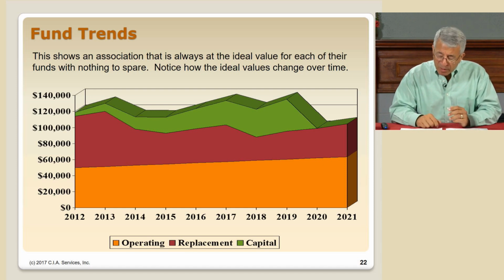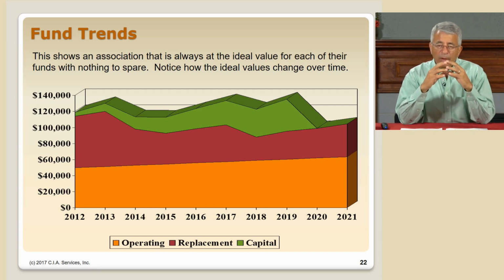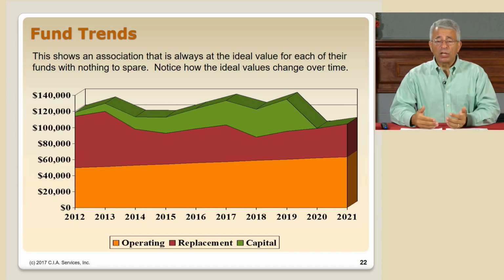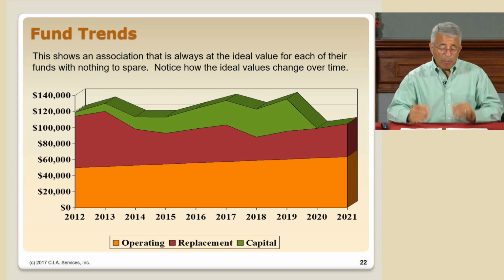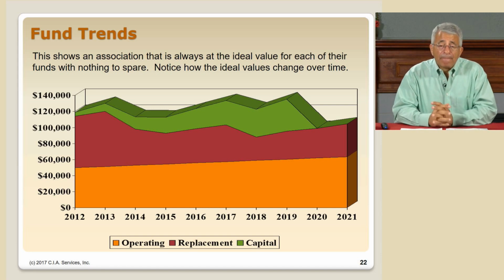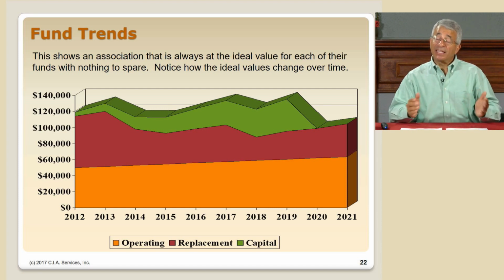So this first example here, just so I can illustrate it in a simple way, is for an association who happens to be right where they need to be with their fund balances. Everything is exactly where they ought to be. They've been doing super budgeting for years and they're where they need to be. And so what happens to our funds over time? Well, let's look at this particular graph. This is showing a 10-year period,